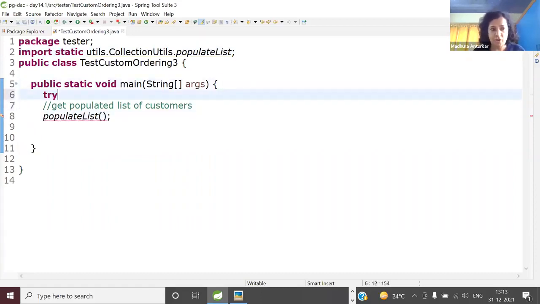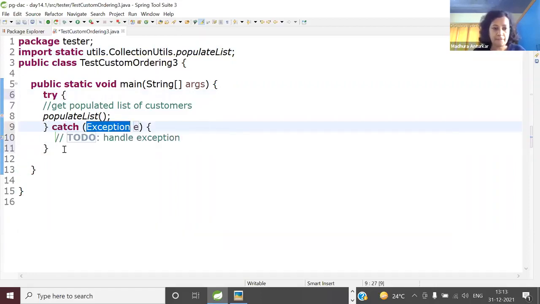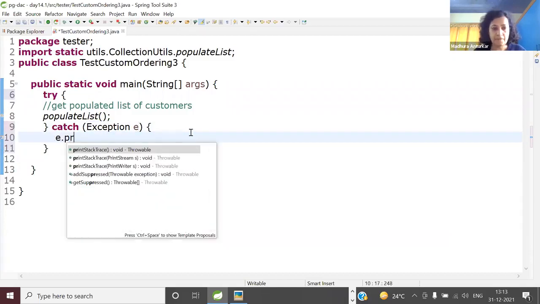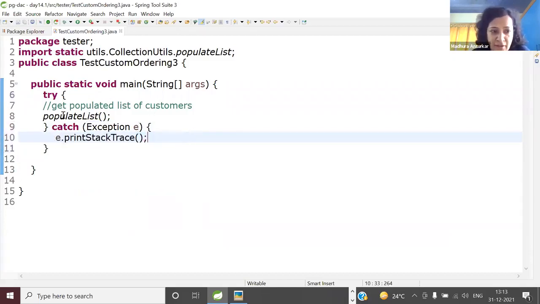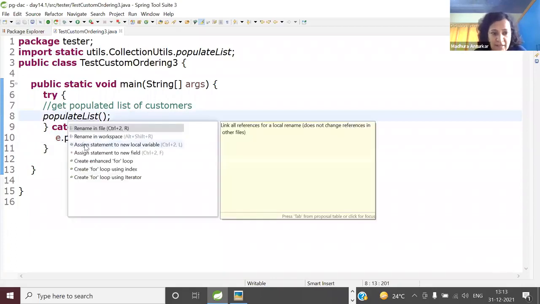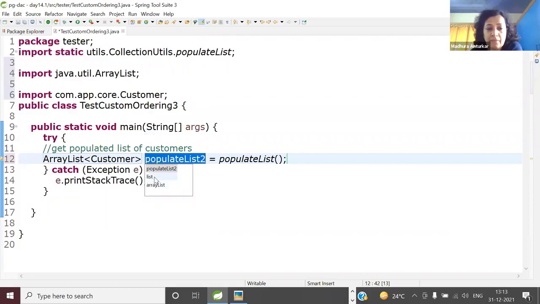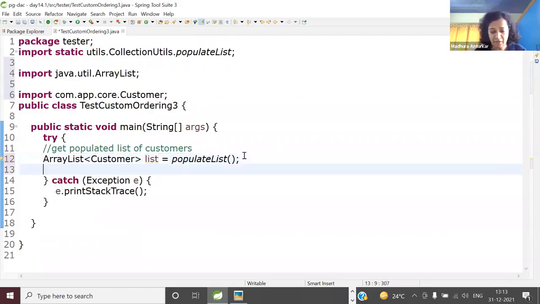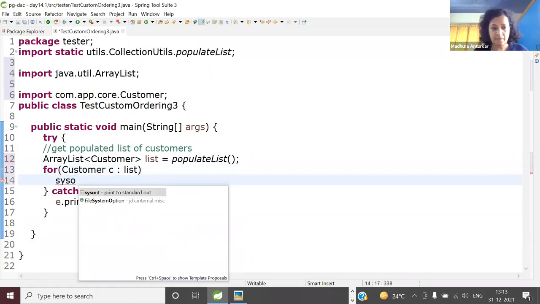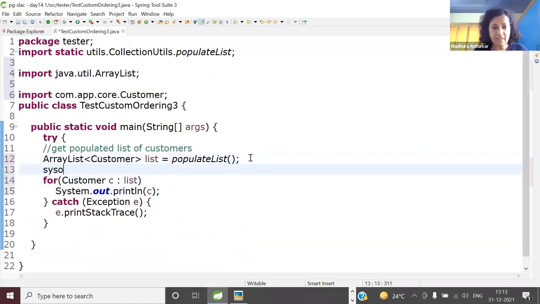Wrap it in a try and catch all manner. Okay, and here assign it, Control-1. Assign the statement to a new local variable, and print the original list. This part is 100% same. Okay, finish this much.